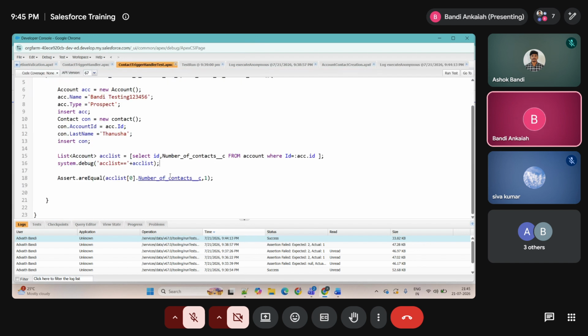In the test class, you need to make it as 2 here, or you can remove this creation of contact again. Then this will cover both scenarios. There are 2 options. Either you can remove this contact insertion here, or you need to use the assertion equals here. Okay,